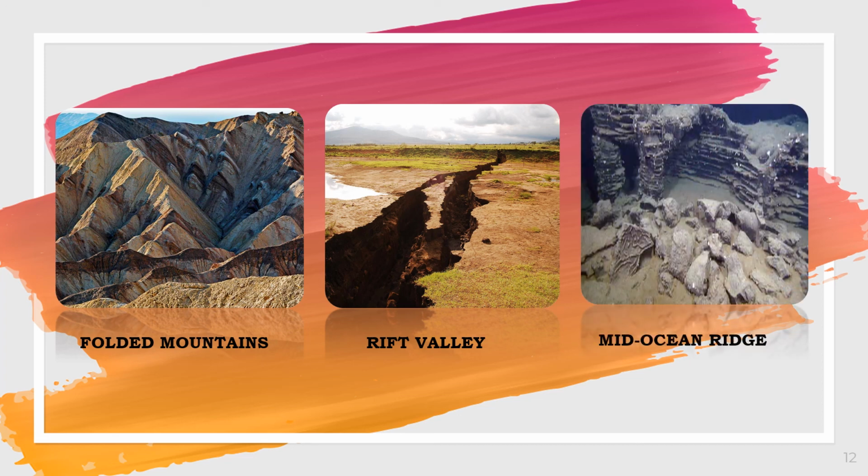And the last one is what we call mid-ocean ridge. The type of plate boundary is divergent. Here, two oceanic plates move away from each other, allowing magma to rise up from inside the earth. The magma reaches the bottom of the ocean, turns into lava, and cools, forming new rock. This cycle continues, constantly spreading the seafloor and adding new material along these chains of